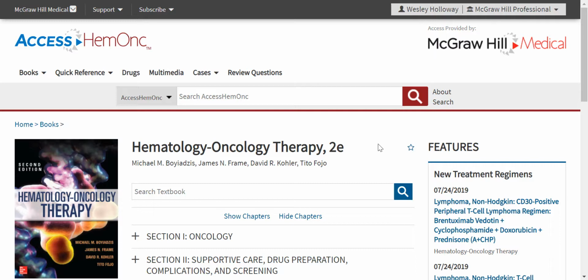Over 500 treatment regimens are presented in a concise and uniform format that includes oncologic disorders, non-neoplastic hematologic disorders, and supportive care. Many, if not most, of the texts on Access Hematology Oncology include and cite the American Society of Clinical Oncology guidelines, including Hematology Oncology Therapy. These guidelines provide evidence-based recommendations to serve as a guide for oncologists and outline the appropriate methods of treatment and